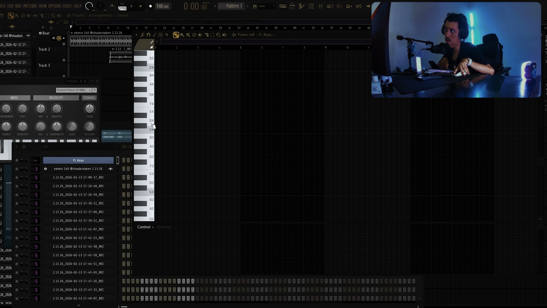If we go up higher, it's more like kind of middle. It's still in the bass area, trust me.